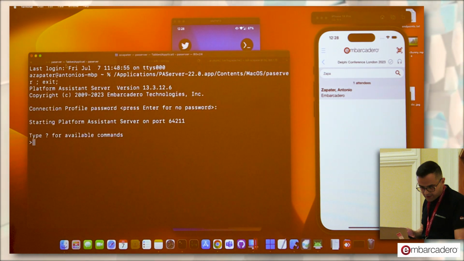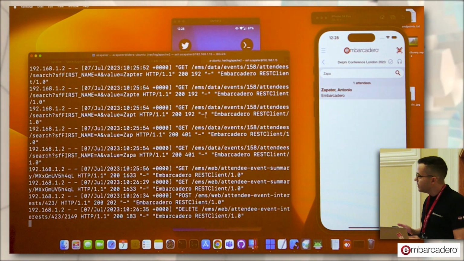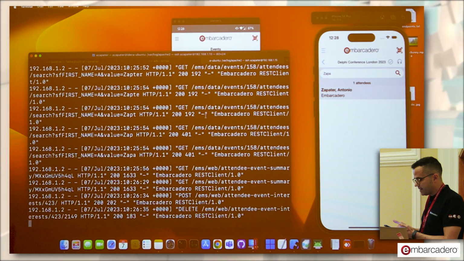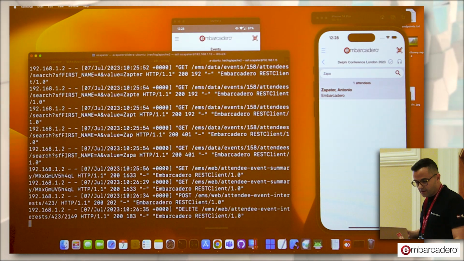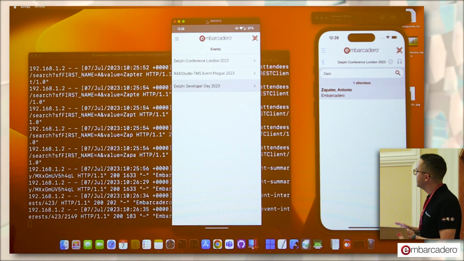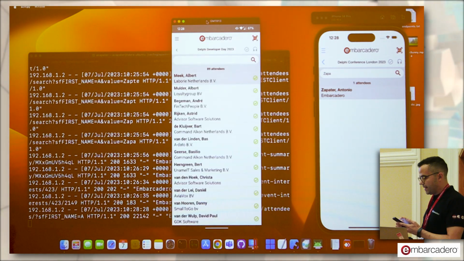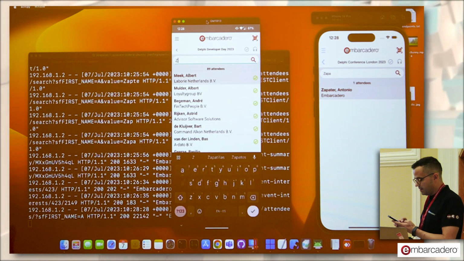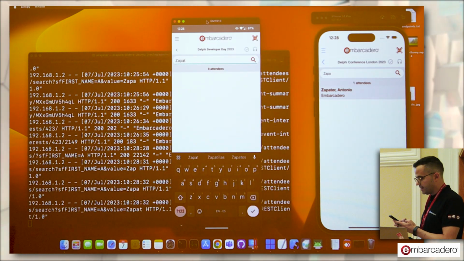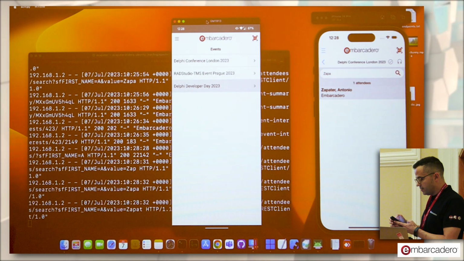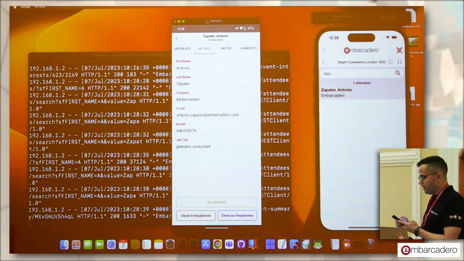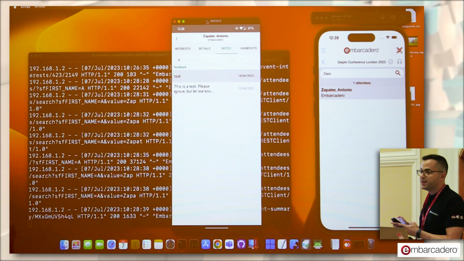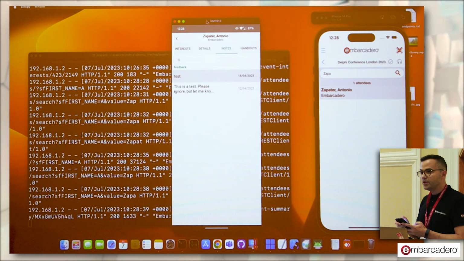And if we come back to the server log, then we can see the application. And I'm using it right now exactly the same way as the London one, Antonio. There you go. And we can see now that the tabs are on top with an Android look.